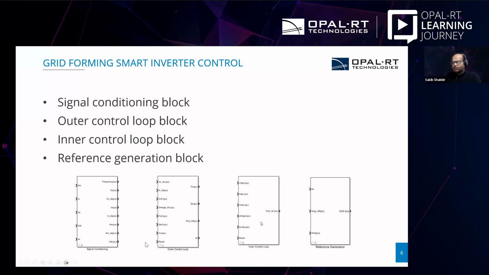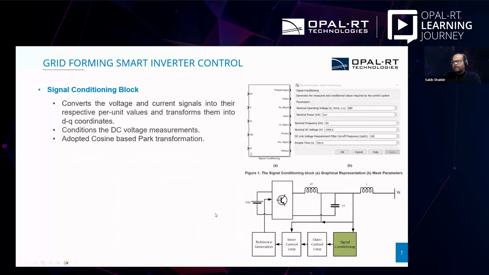We have the inner control loops that actually do the synchronization purpose, and we have the reference generation blocks that will condition the control signal according to the nominal settings of the inverter that is being controlled. So if I need to give a brief description of the control blocks, at the higher level, we have the signal conditioning blocks. All these control blocks have been developed so that they operate in per unit, and